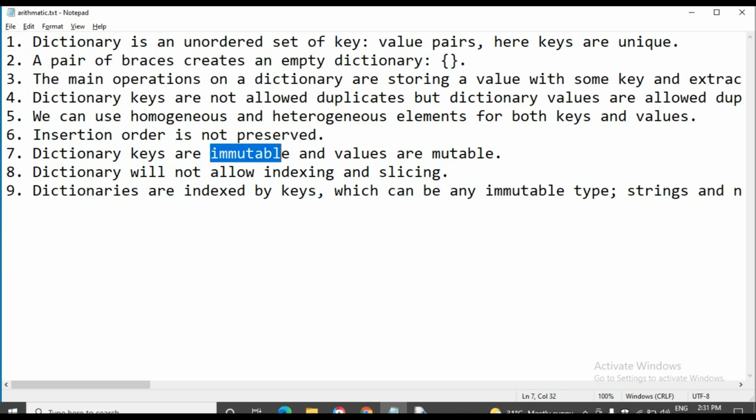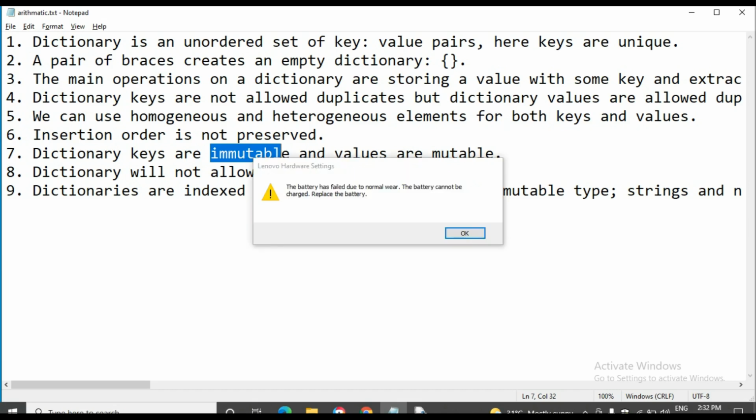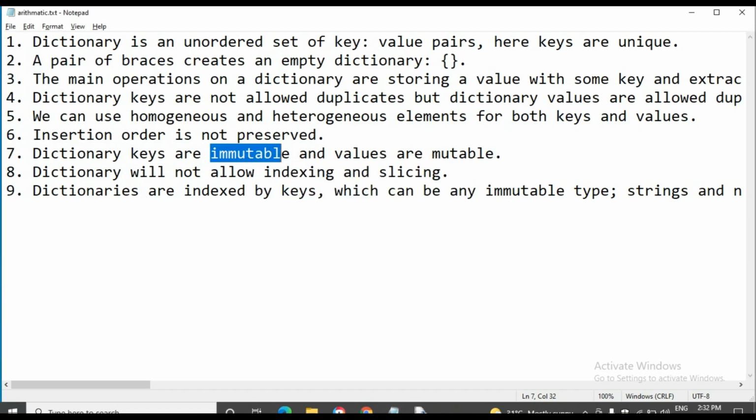Compared to all, the list is a mutable object and the remaining, integers, strings, tuples, are all immutable objects. So for the dictionary's keys we can use integers, strings and tuples, the immutable objects.